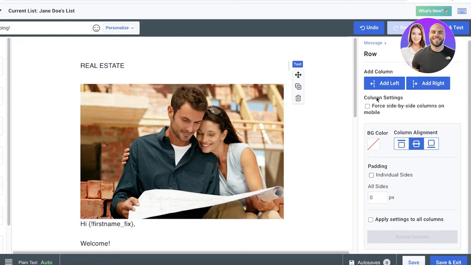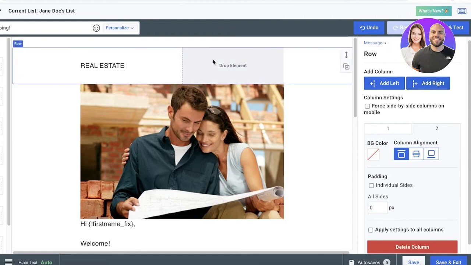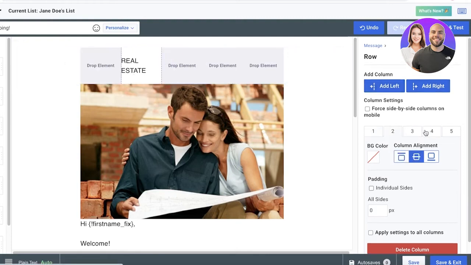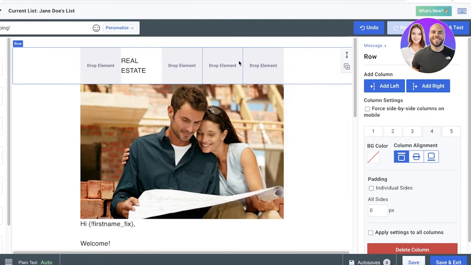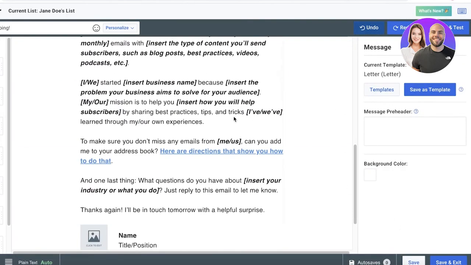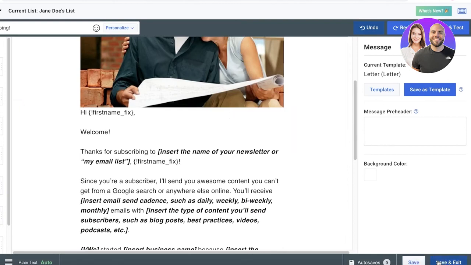put in the alignment. Now after that, I'm going to click on over here, and I can add elements to the right and left sides if I want. That is totally up to you. If you don't want it, you can simply click on the section and you can delete any of the items that you don't want. I'm just going to undo the ones that I don't want. Now, once you have created your email, you can click on save and exit